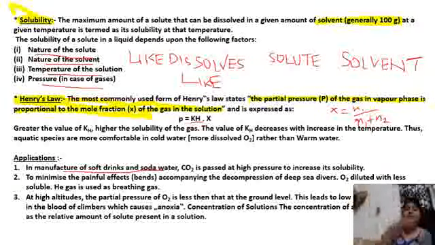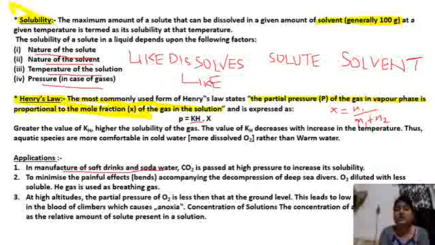Similarly, when we go to high altitude, the partial pressure of oxygen gets less. ठीक है, जिससे एनॉक्सिया की प्रॉब्लम हो जाती है, and as a result the concentration gets